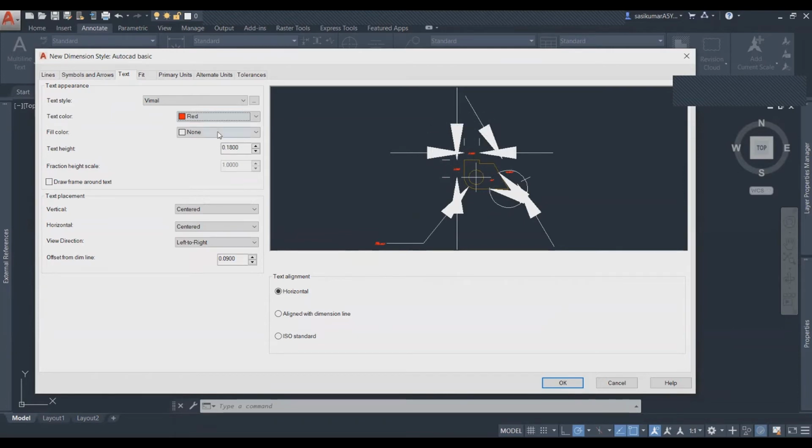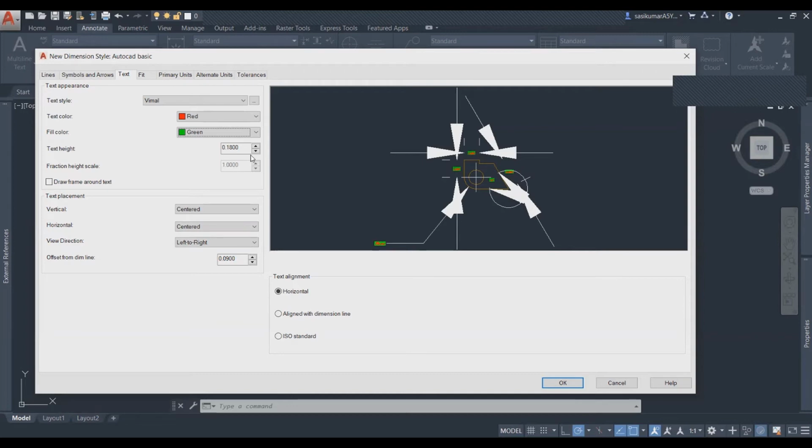Okay. So again, the fill color. I will explain to you what the fill color is. If you choose a fill color, behind the text there will be a small box filled with the color to present your text bold and very strongly highlighted. But this is not good to show in your drawing because when you create the fill color, it will affect your drawing.